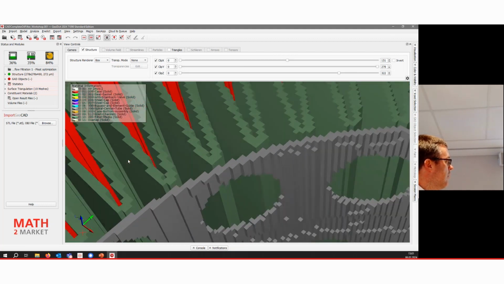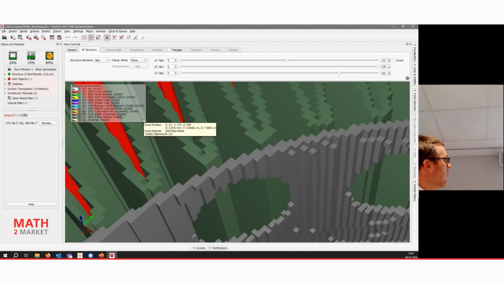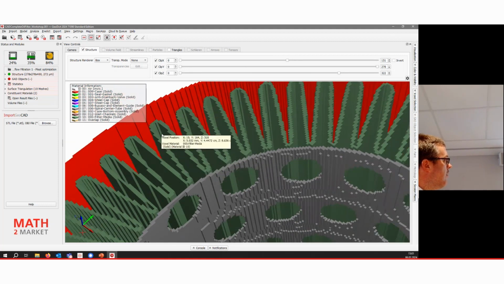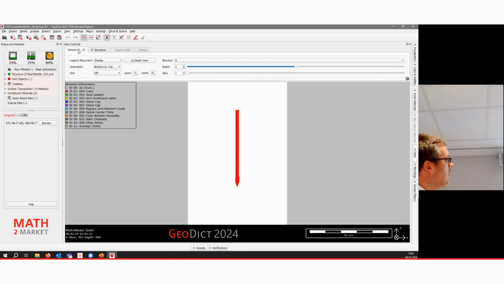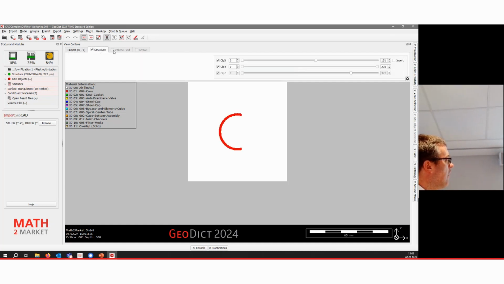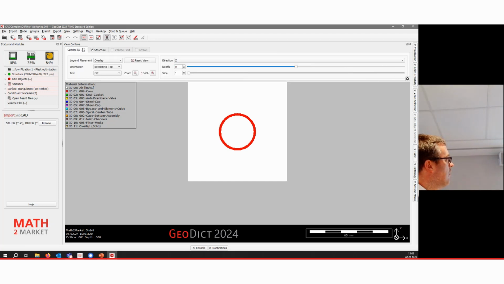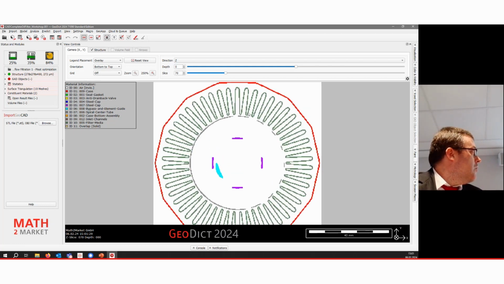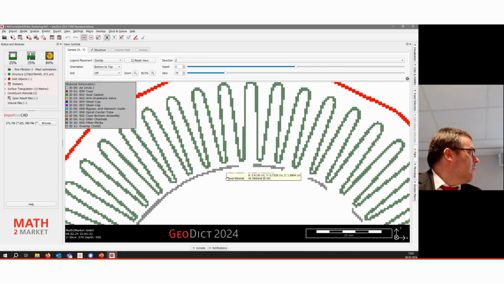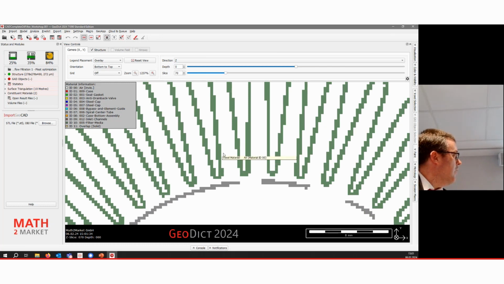If I zoom in a bit more, I actually want to have a look at that, but not in 3D, but in 2D. Let's go here to the vertical. That's the z-axis. Oh, I clipped the structure, didn't I? And then we go down there. Now zoom in a bit. So we can see that one here.